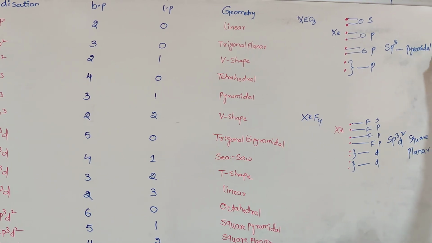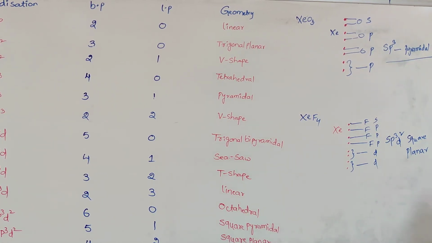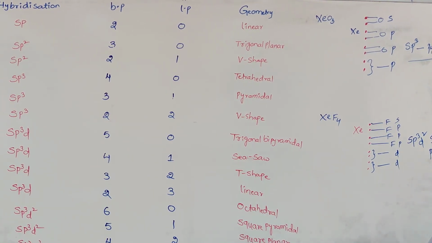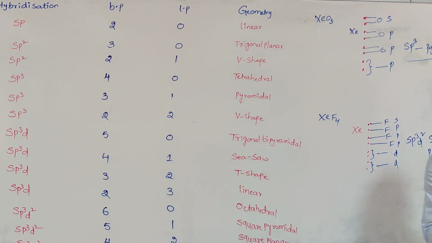So like that, we predicted the hybridization of the central atom as well as the geometry of the molecules with these shortcuts. This might be useful to save time in your competitive exams and to answer the question very fast. This is one of the shortcut methods to predict the hybridization. To use it, we need to remember one point: we have to know how many valency electrons are present in the central atom.